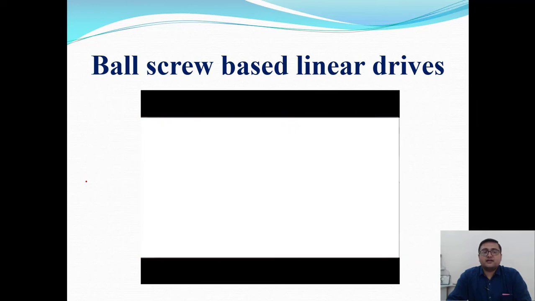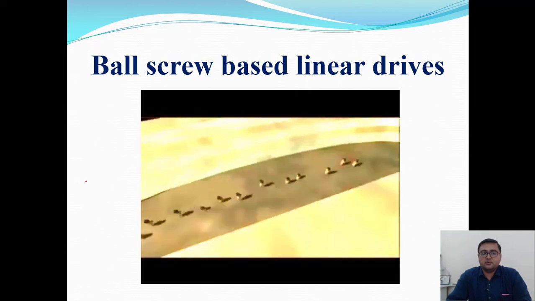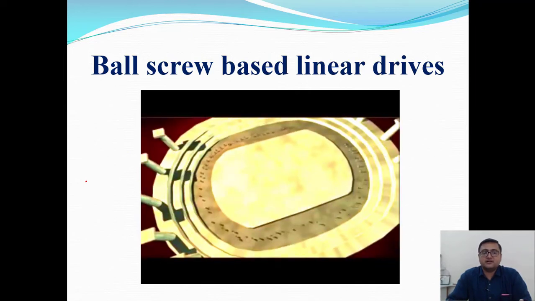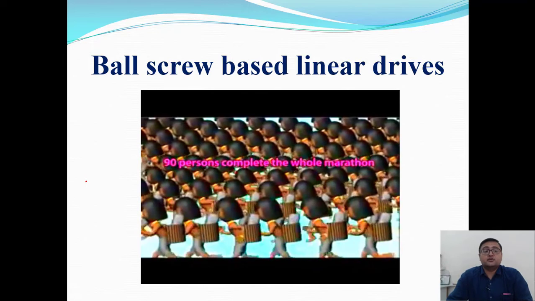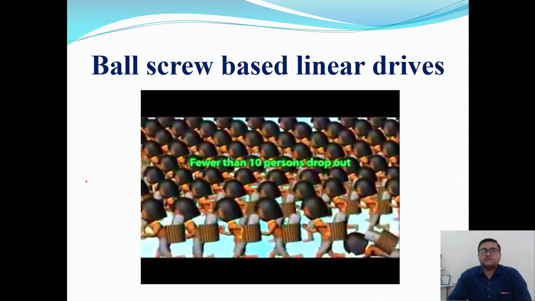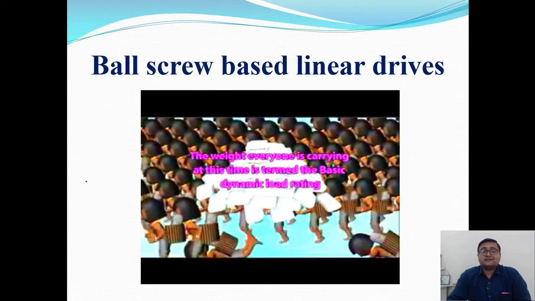See, basic dynamic load rating is given by how long a ball lasts if a number of balls are working at a similar time. So dynamic rating is given by which ball lasts for a long time. That is called dynamic rating. So suppose we are having 100 balls which are used in the mechanism, and by using it under the load